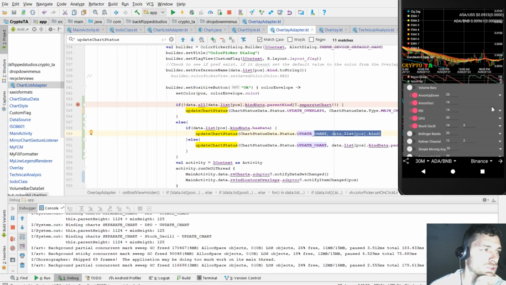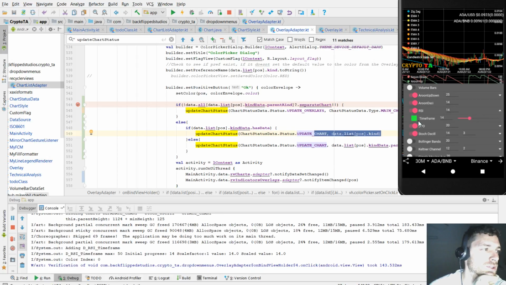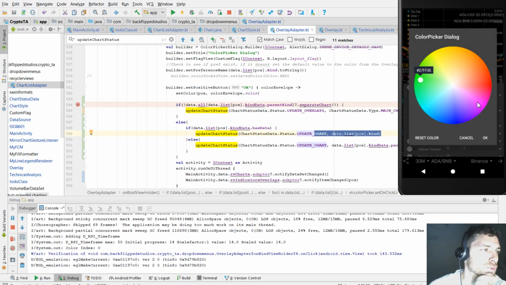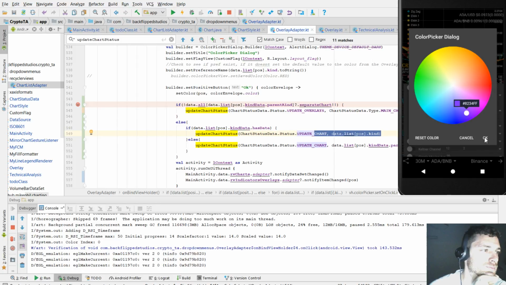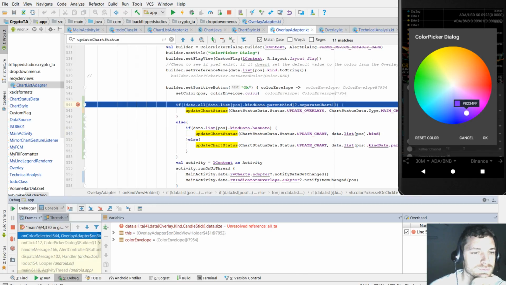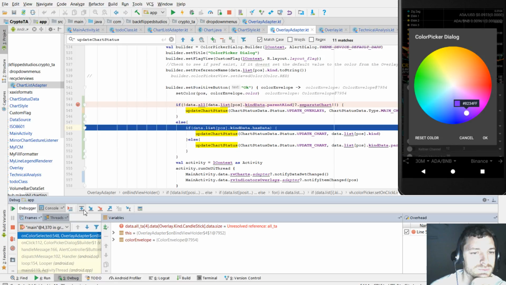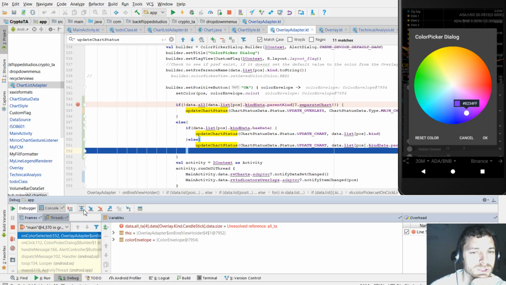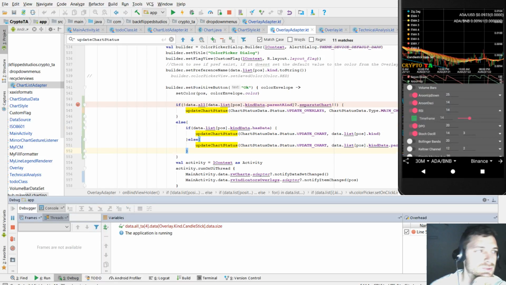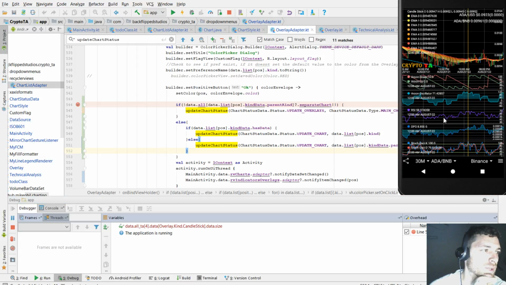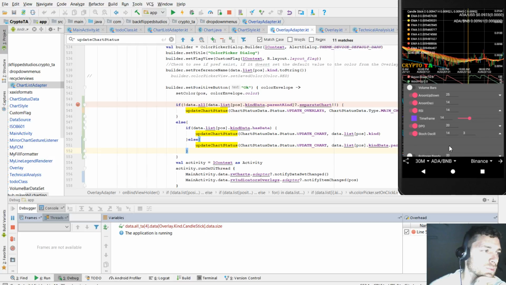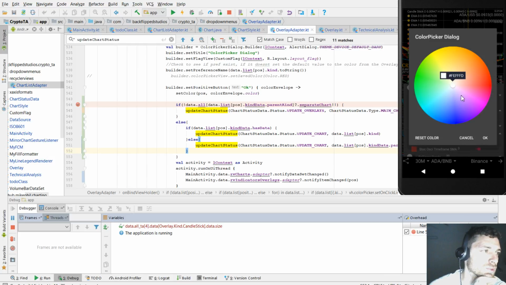Okay, let's change RSI. So back to purple. Yep, gotta do the parent kind, and that should be good. Bam, change to purple. Now let's try the stochastic, because this has multiple ones, so let's turn this red to